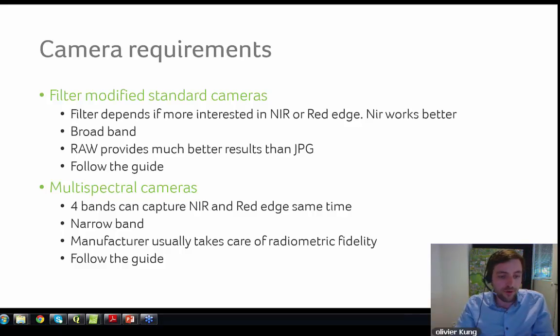Now for multispectral cameras, the big difference is that instead of having 3 bands, you usually have more bands, and that allows you to capture, for example, near infrared and red edge at the same time. For hyperspectral cameras, you can capture the wavelengths even more finely, and you can start doing much more interesting computation on them. The big difference with the filter modified cameras is that multispectral cameras usually have narrow bands and not broadband,